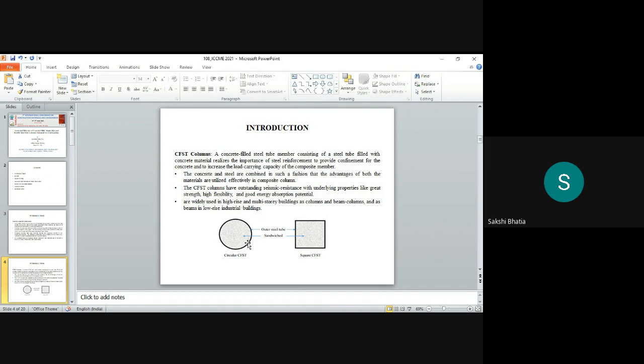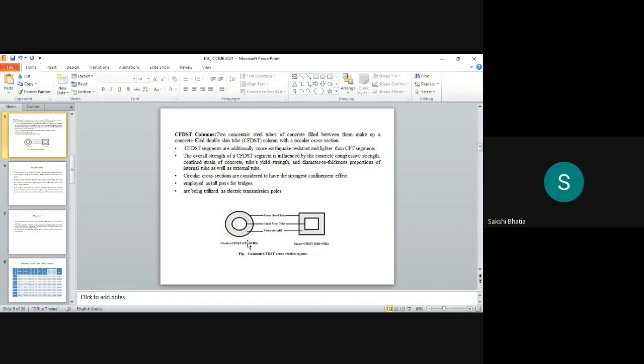energy absorption capacity. The concrete filled double skin tube columns, as the name suggests, have two skins, two tubes of steel. In between them, there is concrete infill. The CFDSTs are known for their higher earthquake resistance than the CFST segments. The strength of the